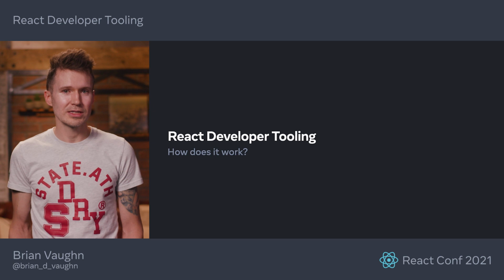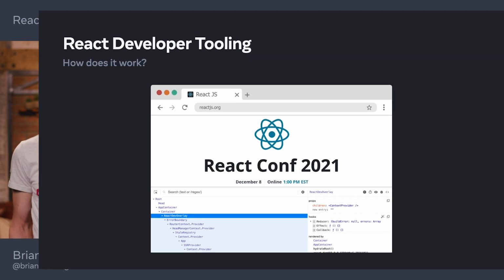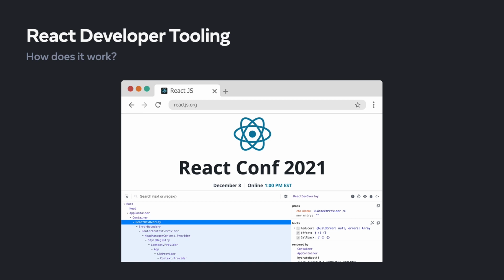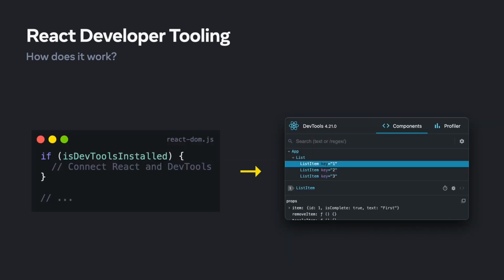Before we go any farther, let's take a quick look at how DevTools work for anyone who's curious. React DevTools has two pieces. One part is the UI you interact with, and the other runs in the same memory space as React. For the browser extension, it runs in the page along with your JavaScript. For React Native, it's shipped on the device in the React Native runtime. React connects to DevTools during startup and sends it messages to let it know when things change. Then DevTools figures out which components were added or removed during the update.